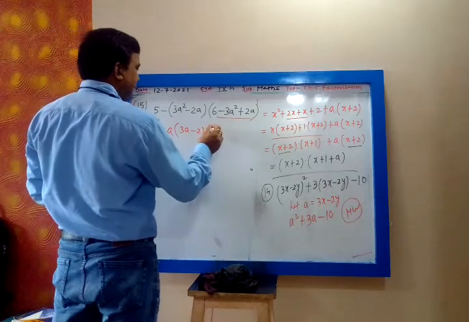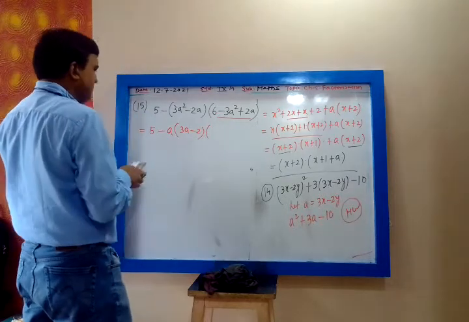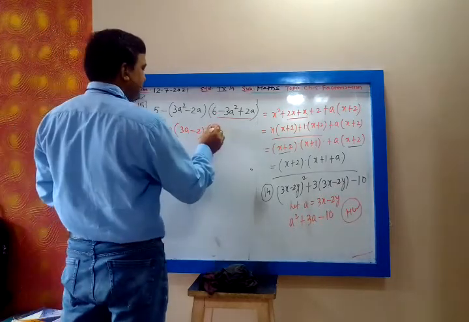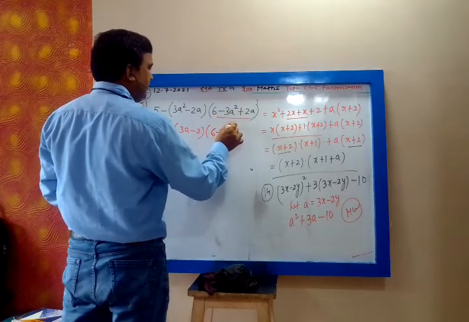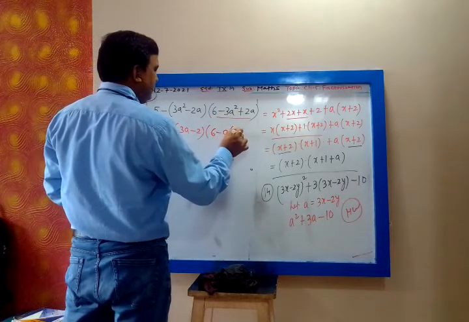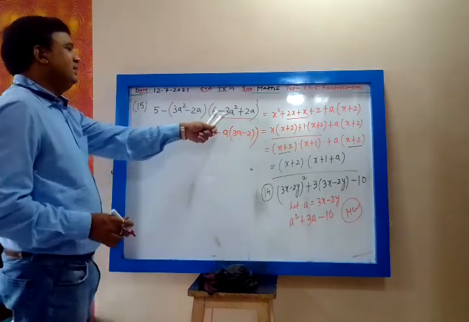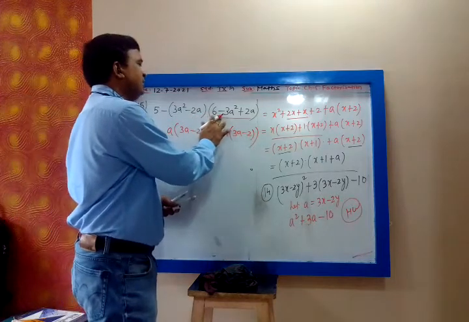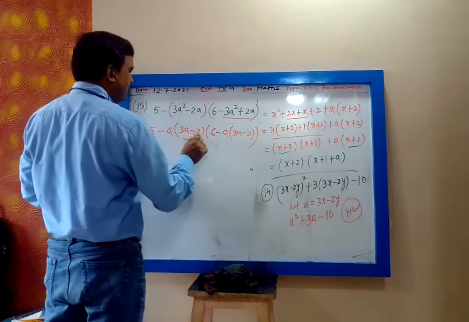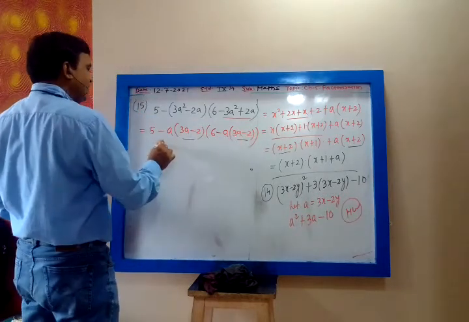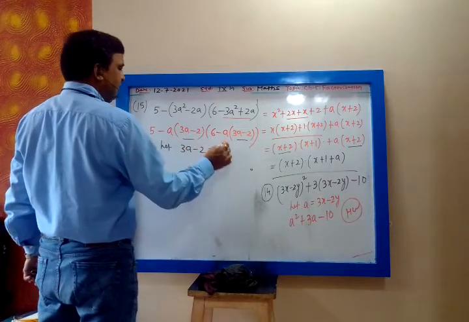I will write this as 6 minus, let me take common in this, then we'll simplify. 6 minus, what is common? 3a square, 2a, a is common. Then it is 3a minus 2, no? 3a square plus 2a I have split. Now what is common in them? 3a minus 2. So I will write, let 3a minus 2 is equal to x.